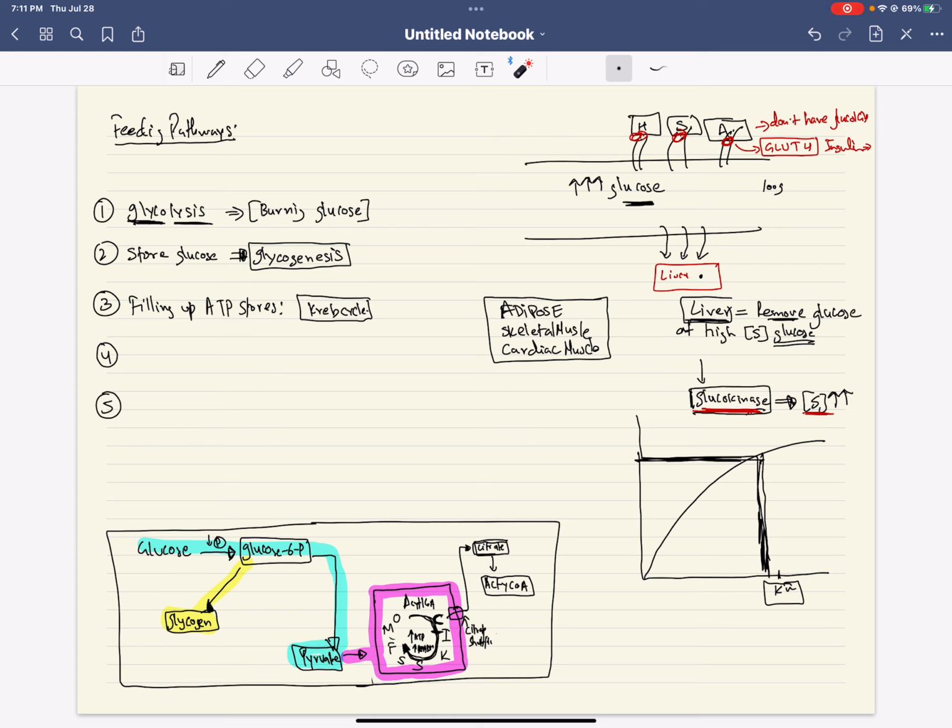And this is all happening, by the way, in the feeding pathways, right? When you just ate within the last 10, 15 minutes, the pyruvate is going into the mitochondria, and you filled up your ATP stores, and after you filled up your ATP store, the citrates start going out. And from there, you have your acetyl-CoA. Once you have a lot of acetyl-CoA accumulating within the cytoplasm, and given that you're in the feeding state,